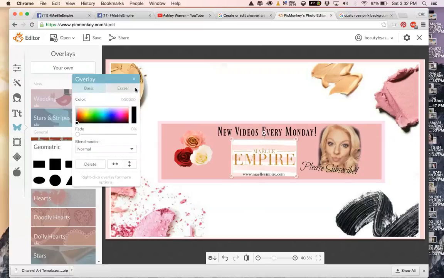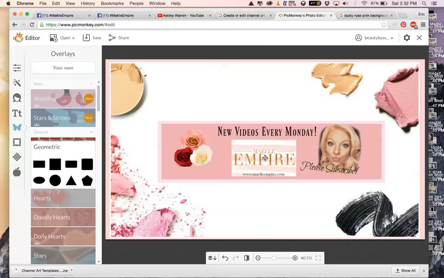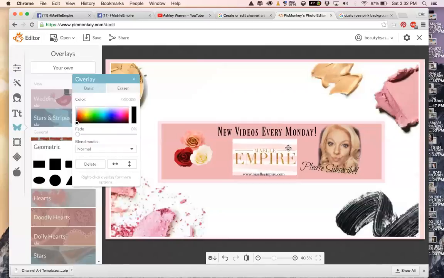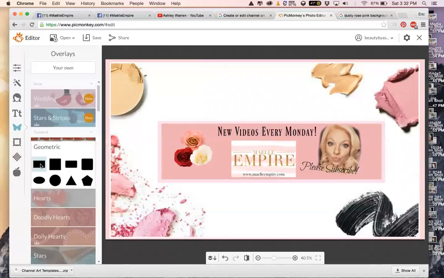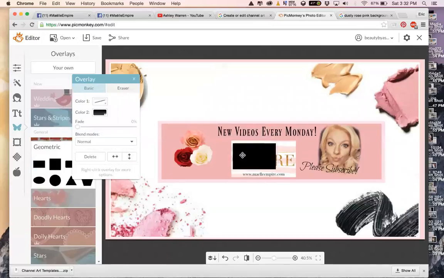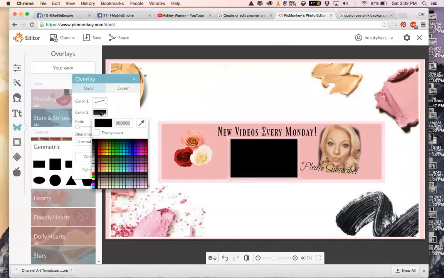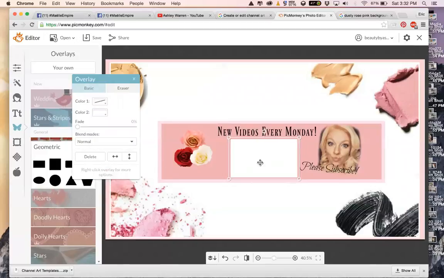And I actually want to put a border around this Maëlle Empire. I think it just looks really unfinished with it just sitting here like that. So what I'm actually going to do is create a white border around it. So what I'm going to do is hit geometric again, and I'm going to just place it over the image that I want to create a border. I'm going to make it white, and then I'm going to send,